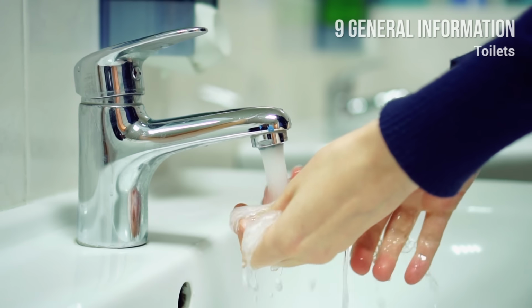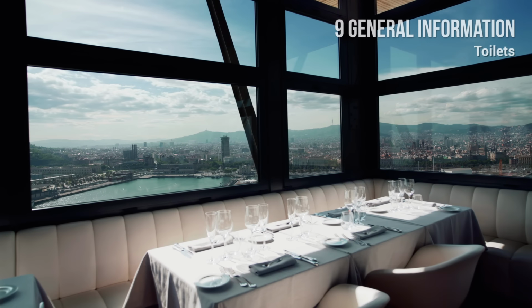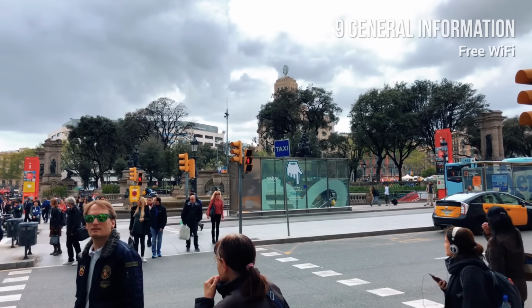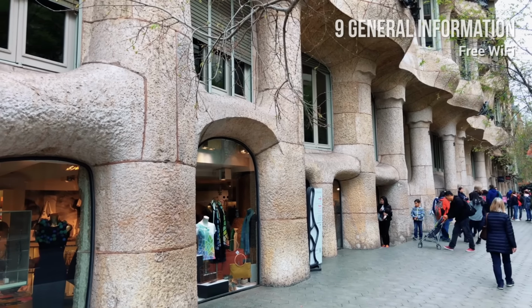You'll rarely see public toilets on the streets in Barcelona. However, you can use the restrooms at museums and other public buildings, and even shopping centers. There are also toilets at cafes, bars and restaurants, where you'll have to order something if you want to use the toilet. Free Wi-Fi. Barcelona Wi-Fi provides tourists with free Wi-Fi access at almost 2,000 hotspots all over the city,